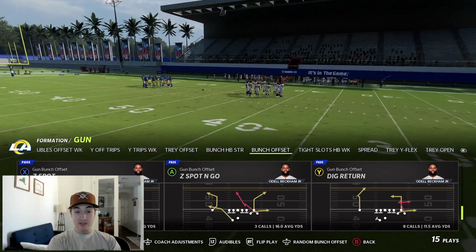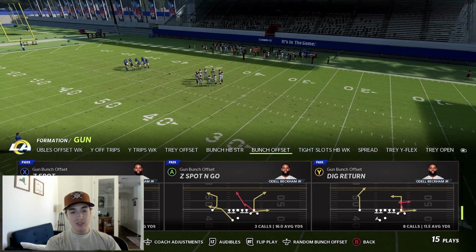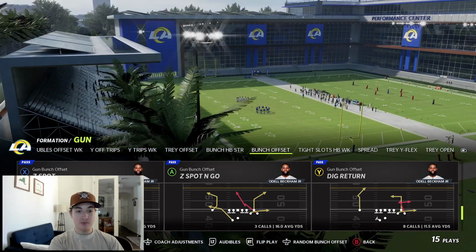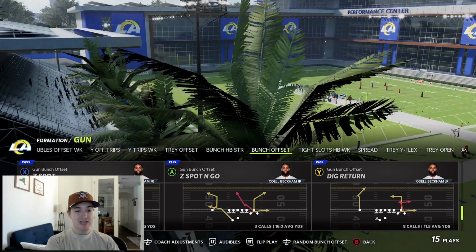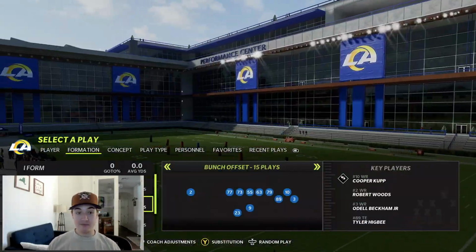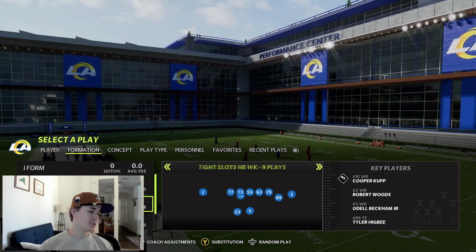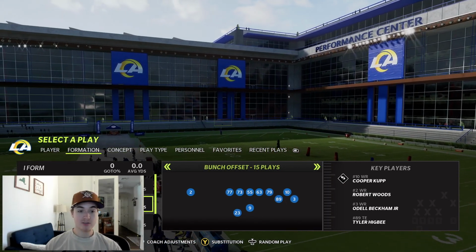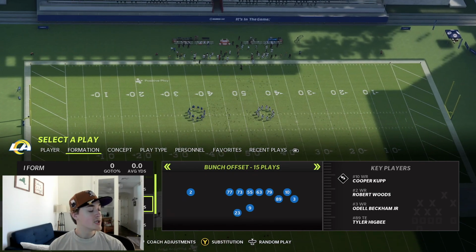the play, attack it. A lot of you guys probably don't use this play the most out of the bunch offset formation if you are running that, so we're going to showcase how to take advantage of that. So again, Z spot and go, we're in the Cincinnati Bengals offensive playbook. It's going to be in a lot of playbooks. It's in regular gun bunch as well, so it's not limited to bunch offset necessarily, but it's going to be